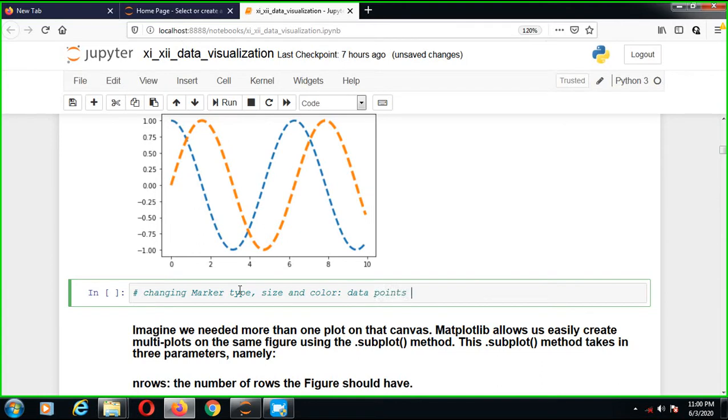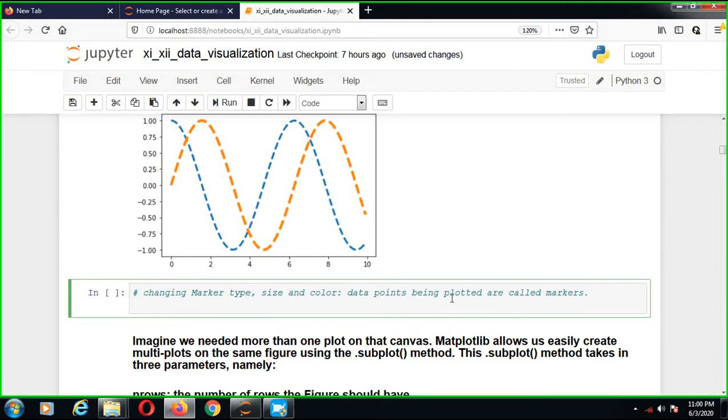Data points being plotted are called markers. So data points being plotted are called markers. So we can change them. I am just writing the syntax, and directly we can see that, no issue.